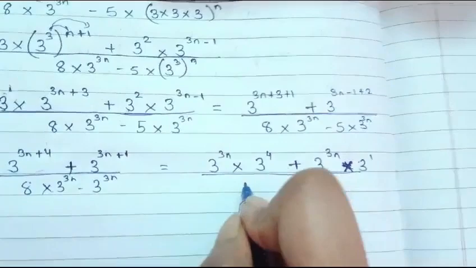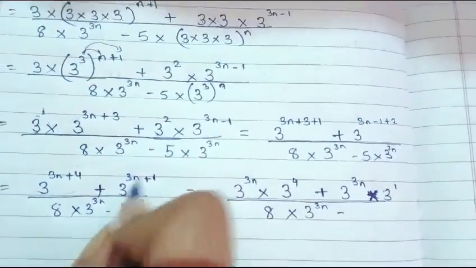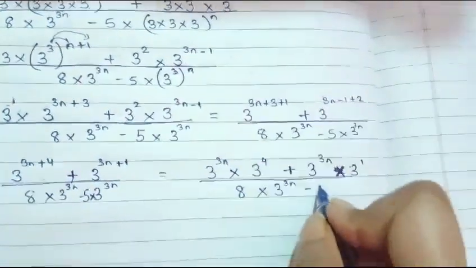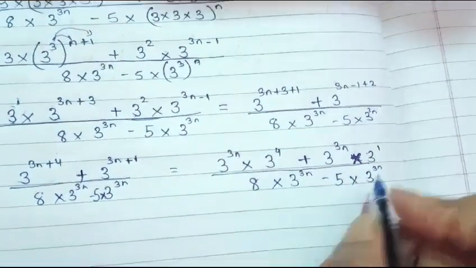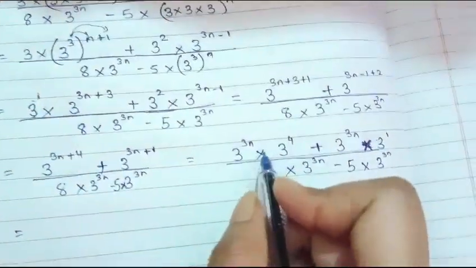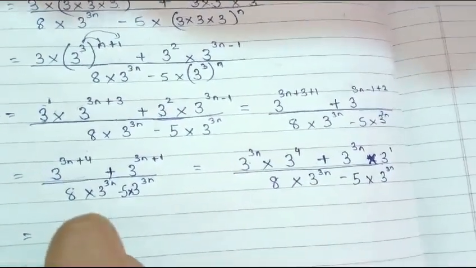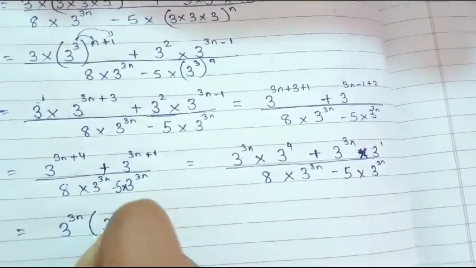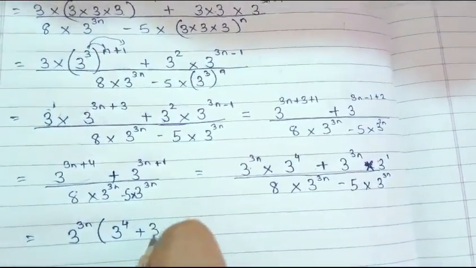Okay, and then we have 8 into 3 to the power 3n minus, we had 5 right over here, 5 into 3 to the power 3n is what we had. So now what we can do is we can take out 3 raised to the power 3n common. So we have 3 raised to the power 3n common. What are we left with? 3 to the power 4 plus 3 to the power 1